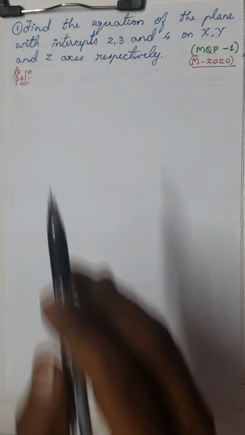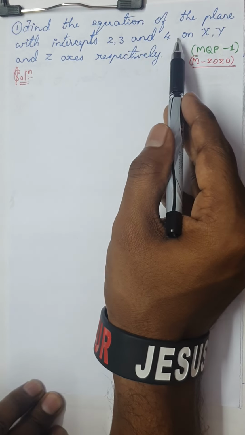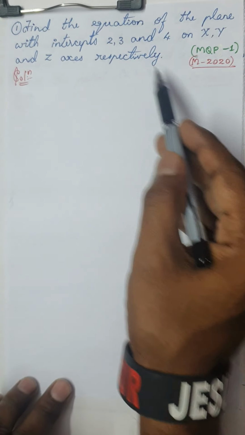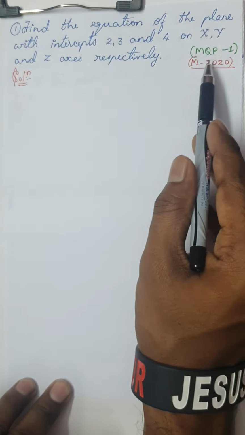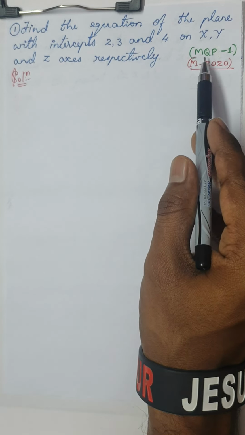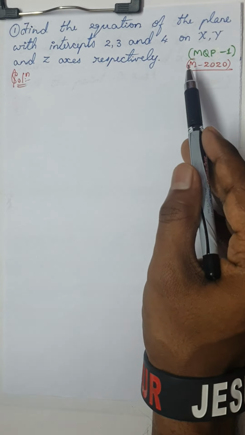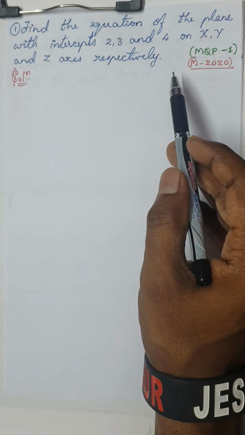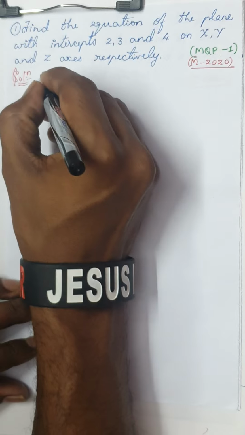The first question we have is, find the equation of the plane with intercepts 2, 3 and 4 on the x, y and z axis respectively. This question was first asked in March 2020, and you can find this even in your first model question paper, for 2 marks. Because this is in a model question paper, I think you have to pay attention to this question. This is actually one of the easiest questions in three-dimensional geometry. Now, the required equation